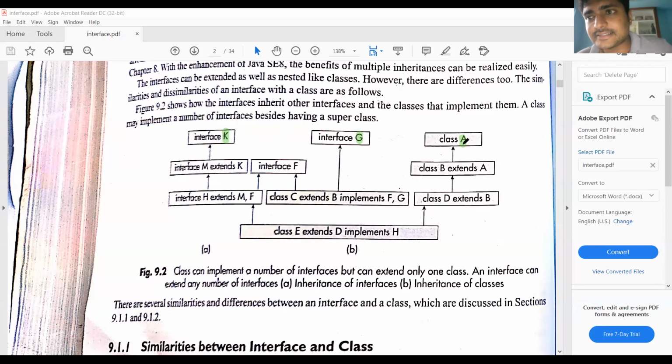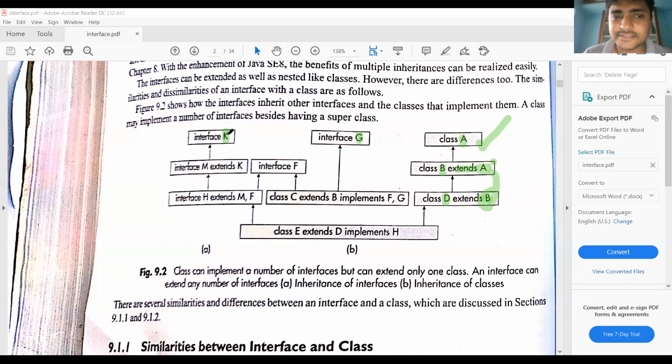We are familiar with classes. Here we have created class A. Then we create class B, which extends the properties of class A. So B inherits the properties from A. Then we create class D, which extends the properties from class B. This is multi-level inheritance. A class can extend only a single class.